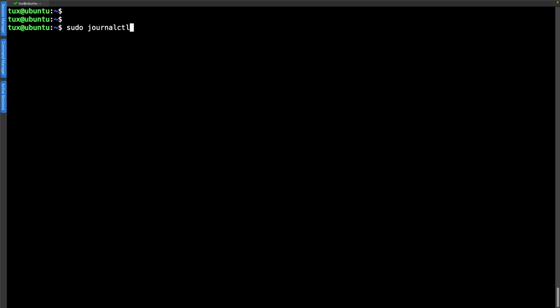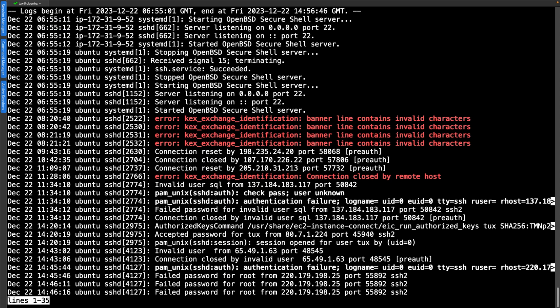So we can go through and use journalctl. This is really good, centralizing all of my log information. We can look for our service unit of SSH. It's SSH on Ubuntu, it's SSHD on Rocky-based systems, but we're looking at it on my local system. So we can see then the information relating to the logs of the SSH service, including, say, some failed password for the user root towards the bottom of the screen.